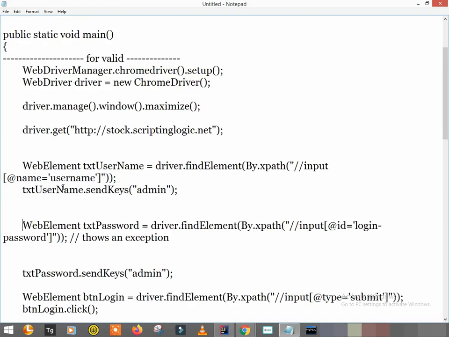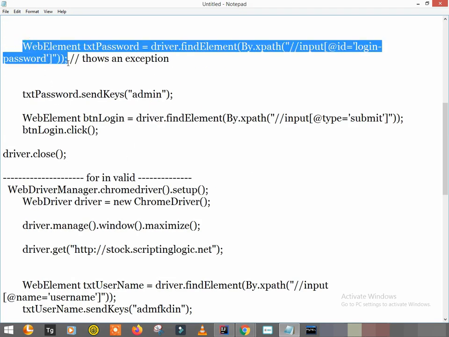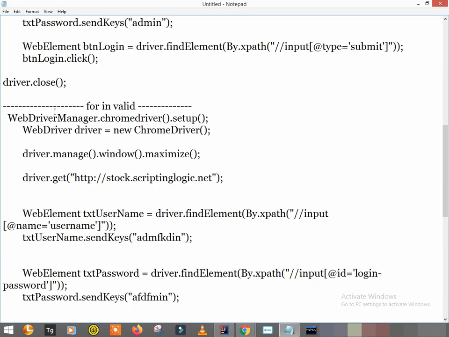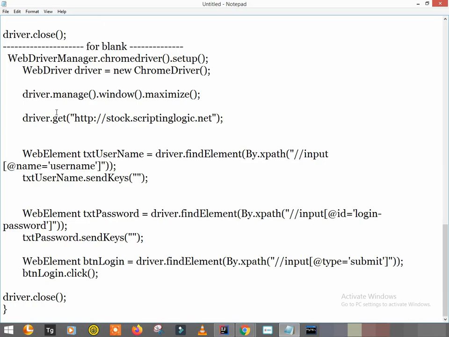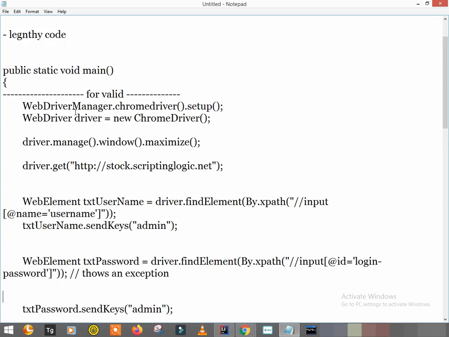Okay, so no further statements are going to be executed once it finds an exception. And if, suppose, it finds the exception in the very first test case, then the rest of the code that you have written will be a waste, right? So this is the main disadvantage of writing all the scenarios inside one public static void main, or inside one main method, right?